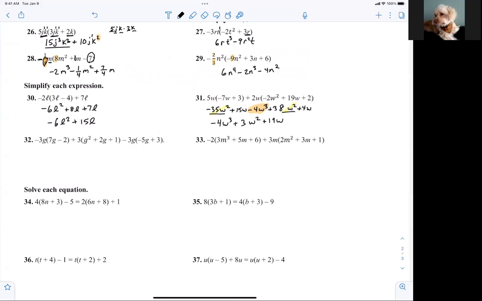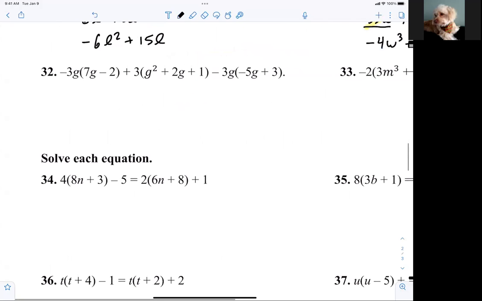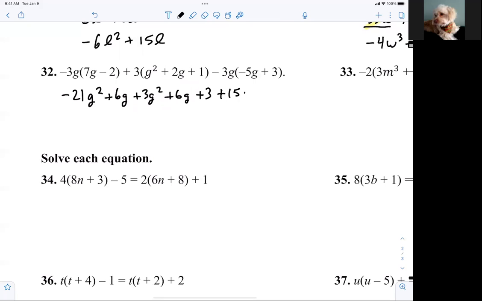Oh, no. You're up. Negative 21g squared plus 6g plus 3g squared plus 6g plus 3. Wait, yep. Yeah, plus 3 plus 15g squared minus 9g. Yay. Okay. And then,